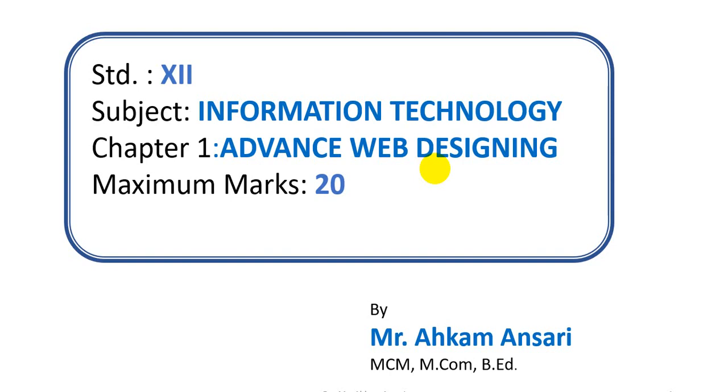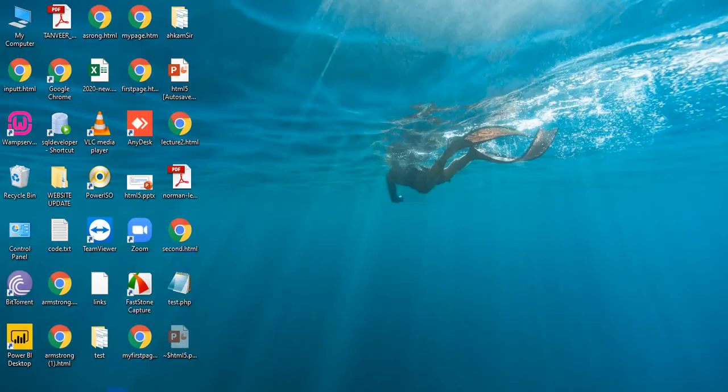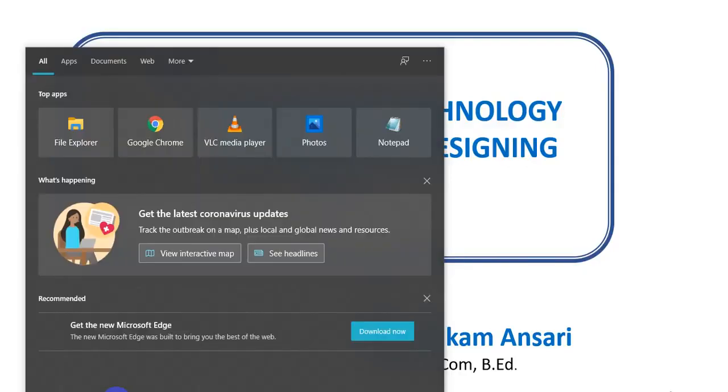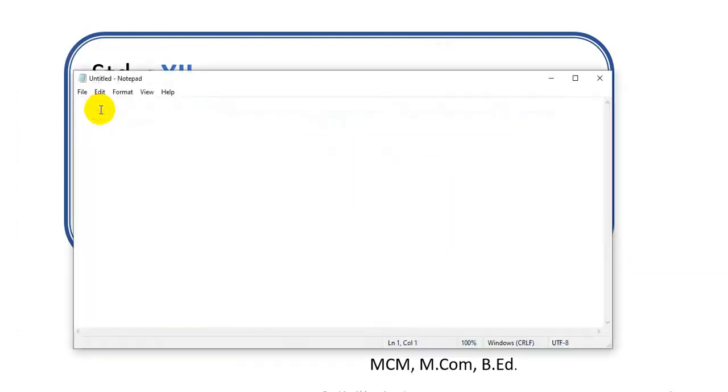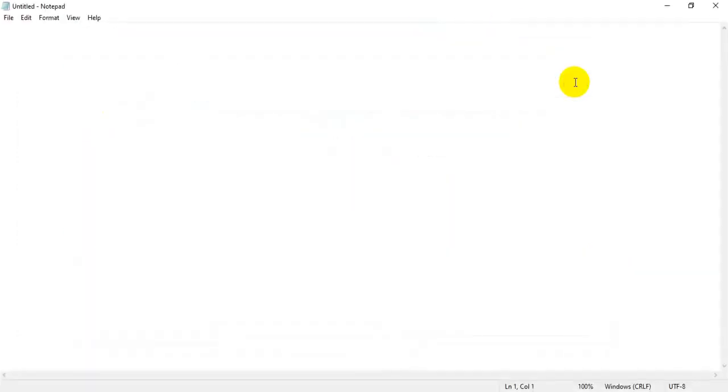First we have to start our notepad. And what is the notepad? We know notepad is our application platform where we write our coding. So we will move directly to our notepad program. I will just type notepad. You will get notepad easily on your computer and you can start your coding.